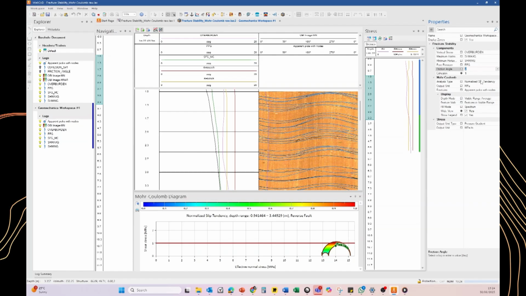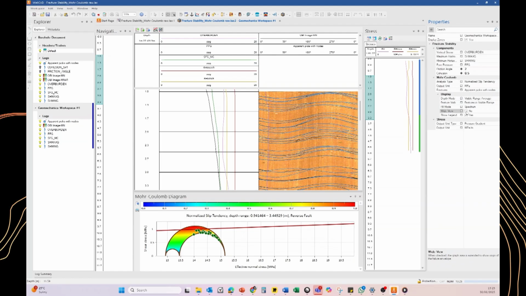And let's put a friction angle of 1. For example, let's put 0.5 for cohesion and try various values for the friction angle, and then use these values. We switch off the wide view. The envelope will now separate these features which are critically stressed as represented by the data points above the envelope. For these features, we can expect some slip tendencies, and for the ones below are the ones that are stable.